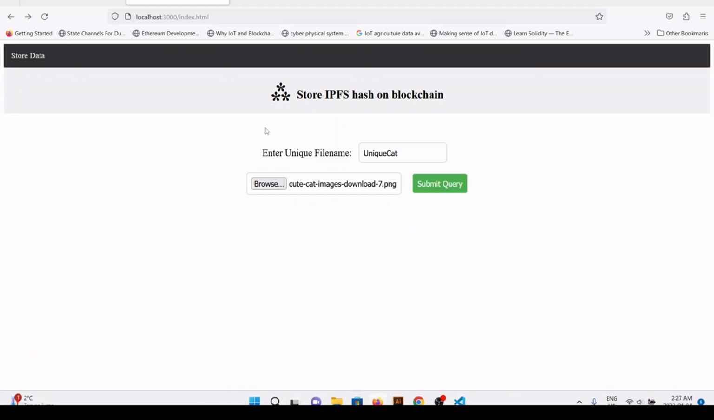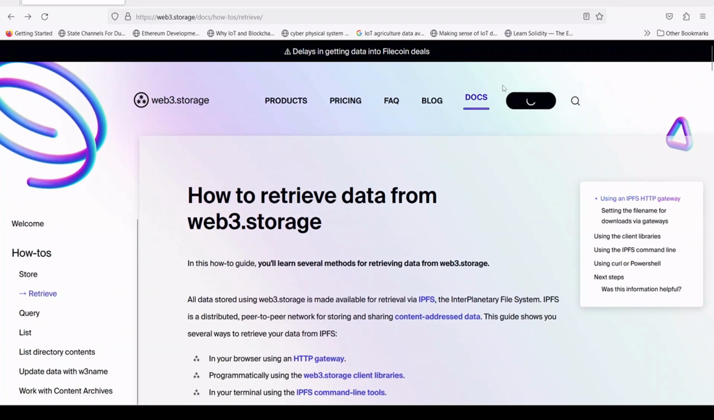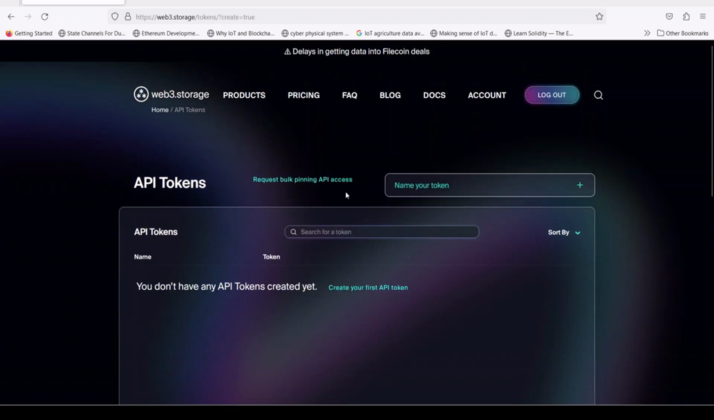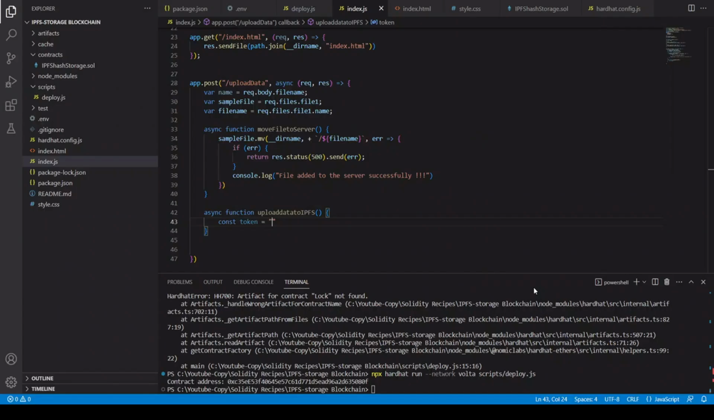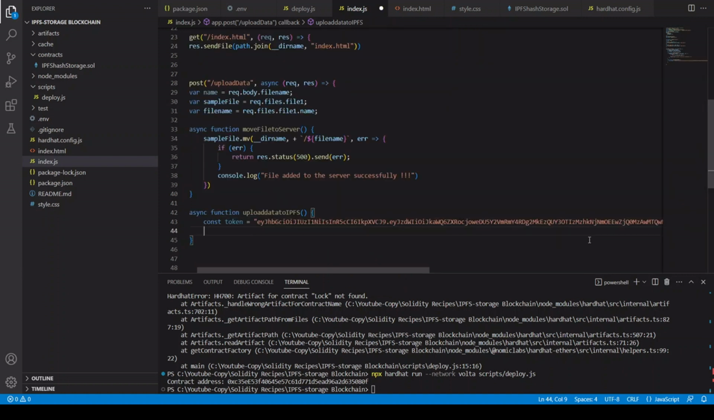So if we go here in the Web3 storage, I'm signed in already. So if I go to account and create an API token, I can simply name my token testing, and this token is created for me. So I'm just going to grab this token and paste it here. Okay, that's a long token. And then I'm